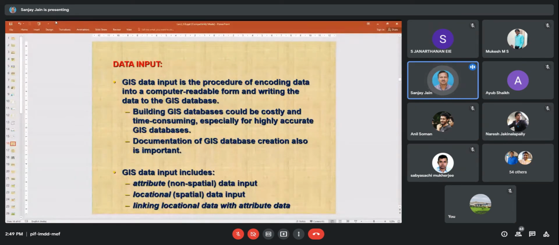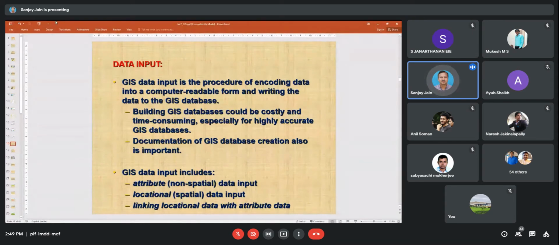So GIS data input is basically the procedure of importing data into a computer readable form and writing data to the GIS database. If it is not in that format, suppose you have Survey of India topographical maps which are not in digital form, or any other map collected by you from some source, you have to convert them into digital form.